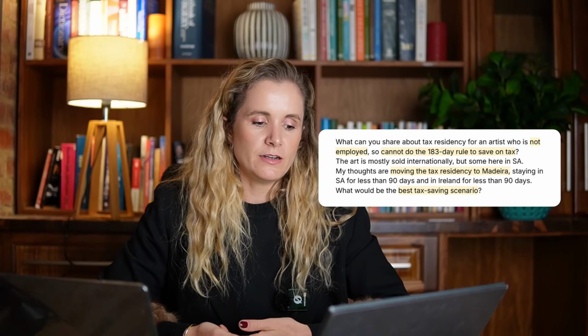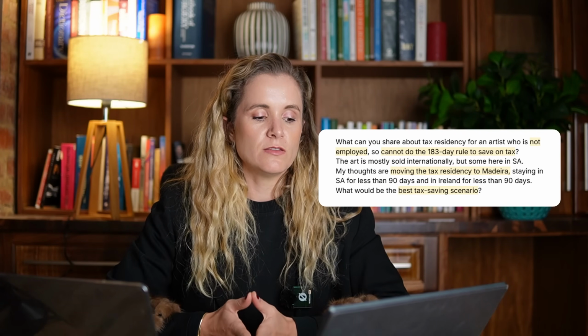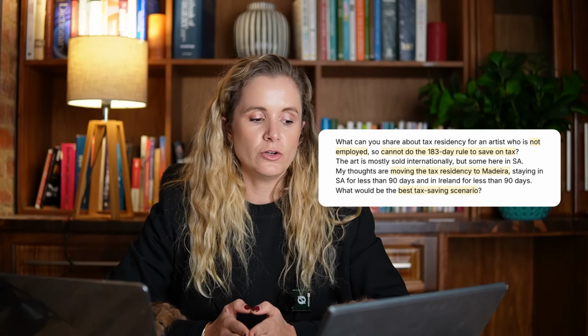So the next question is from a 30-year-old artist. This is an interesting question. She's basically saying that she can live anywhere in the world, and she's currently a taxpayer in South Africa. She asks whether she should move her tax residency somewhere else, because she is not employed. That means she could not apply for the